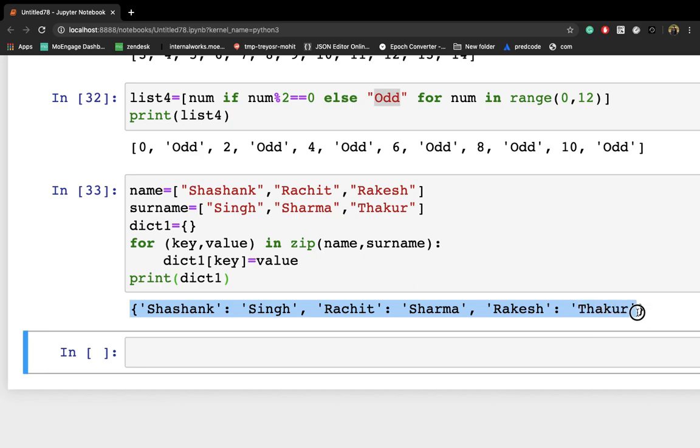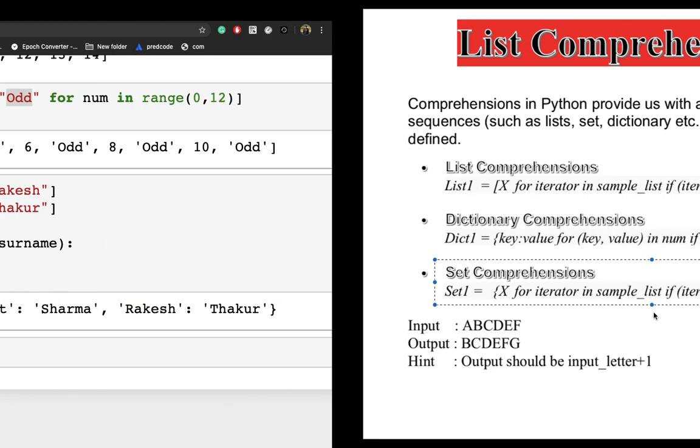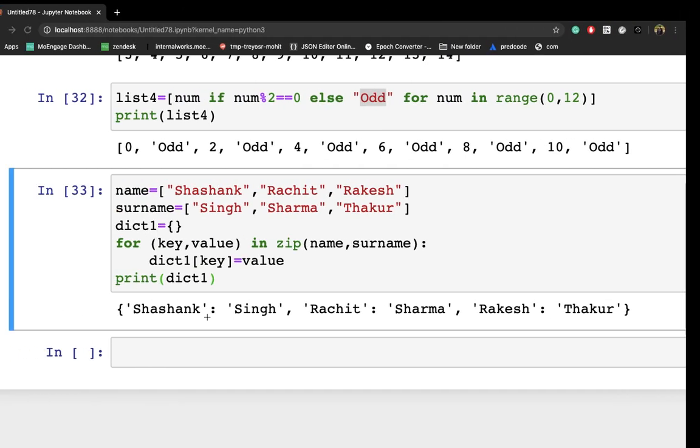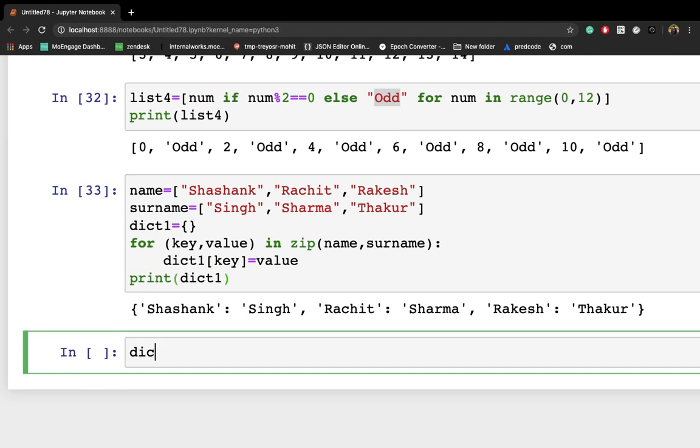The same thing we can achieve through dictionary comprehensions as well. How can we achieve that? Let me write dict2 equals curly braces, then key colon value for, and I can copy paste the same thing.